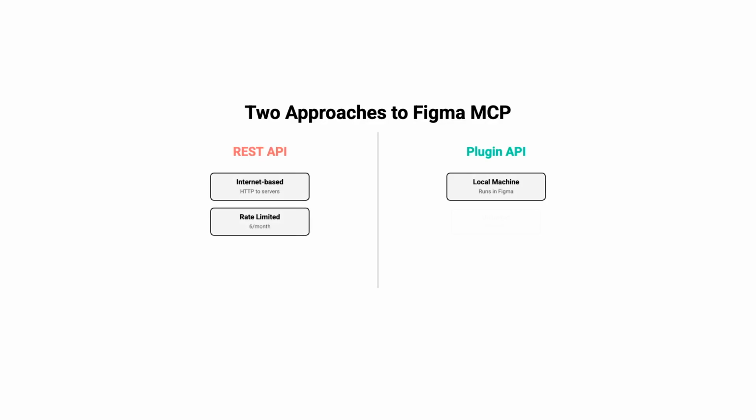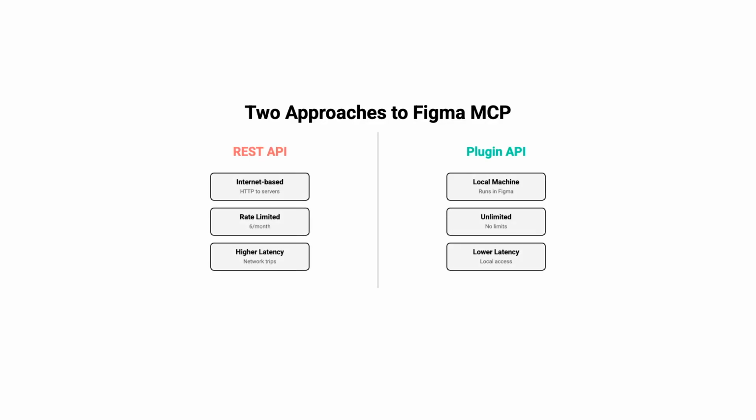Now, when it comes to connecting Figma with AI agents, there are two fundamental approaches, and understanding the difference is crucial. The first approach uses Figma's REST API. This is what most open-source Figma MCPs use today. Your application makes HTTP requests to Figma's servers over the internet, fetches the design data, and passes it to your